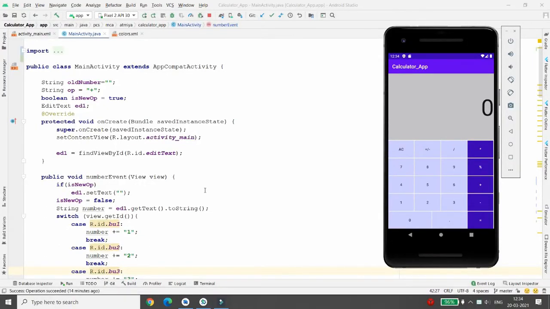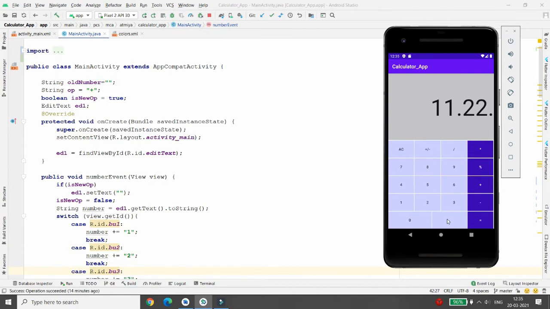In the previous video of this calculator app, we did some correction. But in this calculator app, we still have one bug, and what is that? For example, if you write 11 point, and then write 22, now you can write another dot over here. What if I don't want to allow multiple dots?